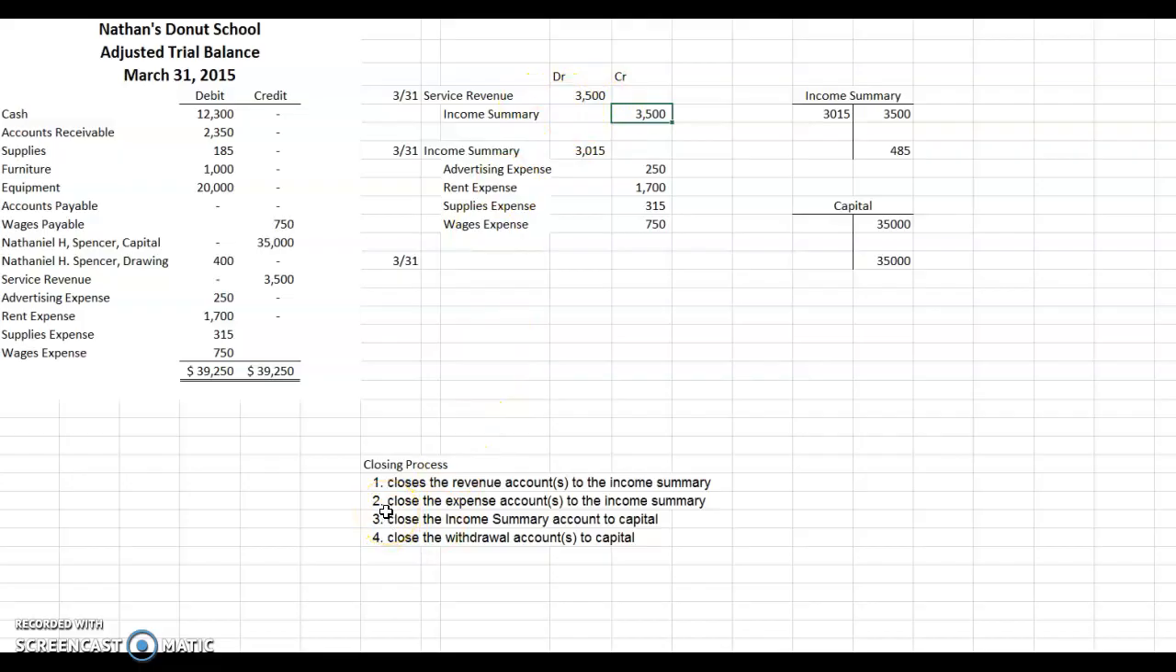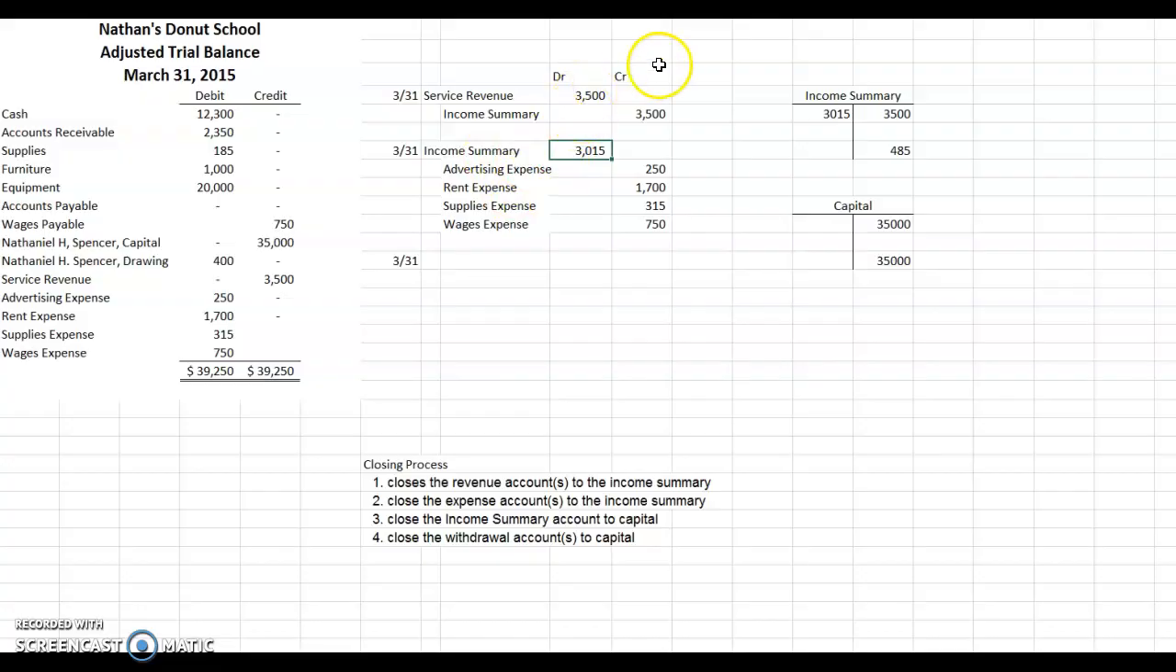Step number 2, close the expense accounts to the income summary. So you want to list all of these expense accounts in your journal entry. Your expense accounts currently have a debit balance. I'm going to have to zero them out or close them out with a credit to them. So I'm going to list them all in my journal entry with a credit. I am going to total them up, and that total is going to be my debit to my income summary